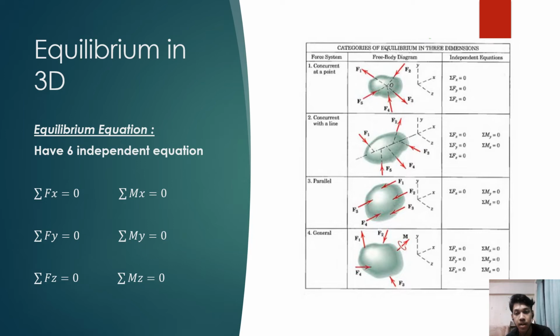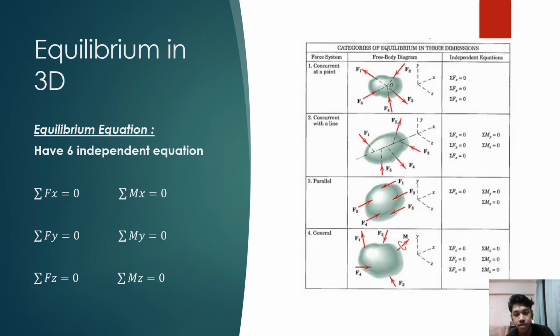Meanwhile, for parallel, we have 3 independent equations: Fx equal to 0, and the two others are the moments, which are the moment in the y direction equal to 0, and the moment in the z direction equal to 0. And the last one is the general one,